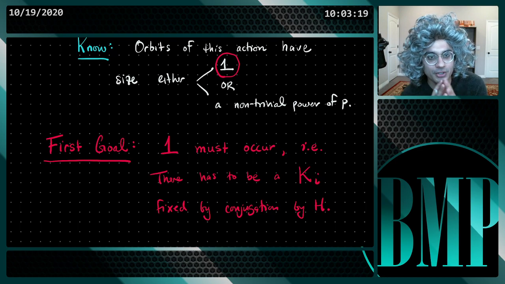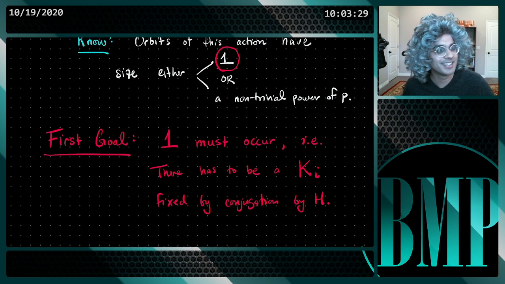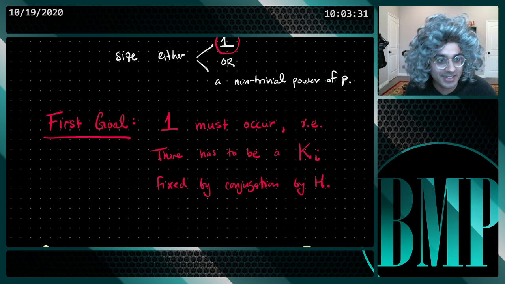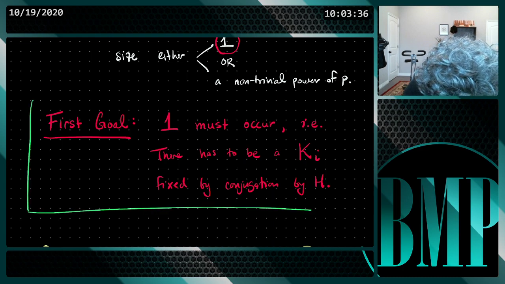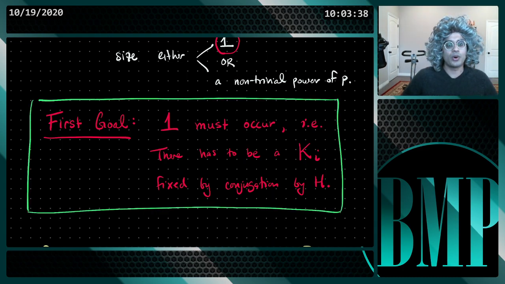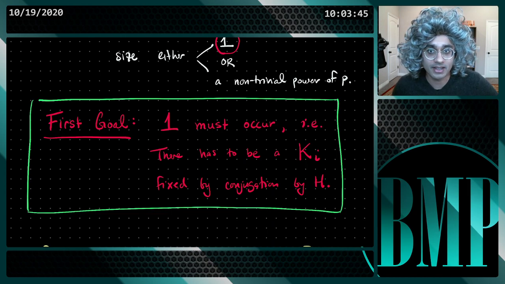Okay, so that's why we want the first goal. We want to deduce that there's some orbit which is of size 1. Great, good. So now let's go look at the first goal. Now that you understand why I want to deduce an orbit of size 1, let's actually show that there must be an orbit of size 1. So let's assume,